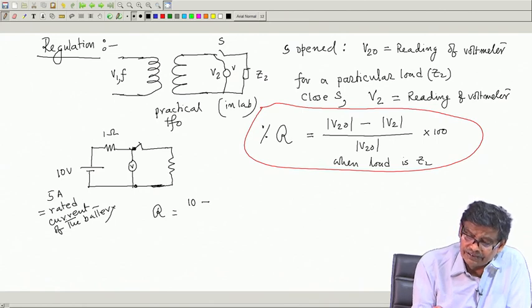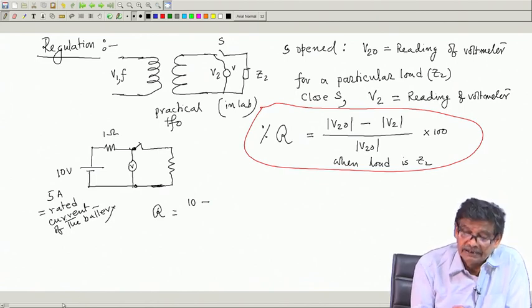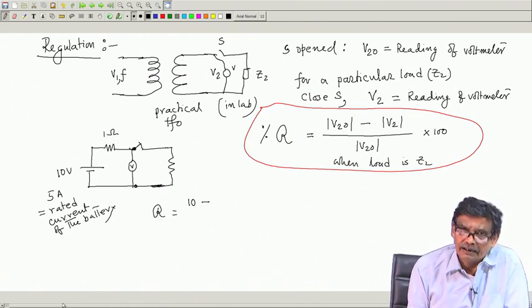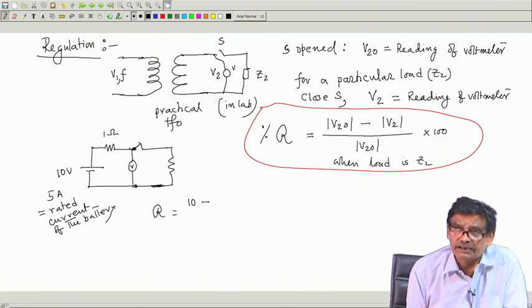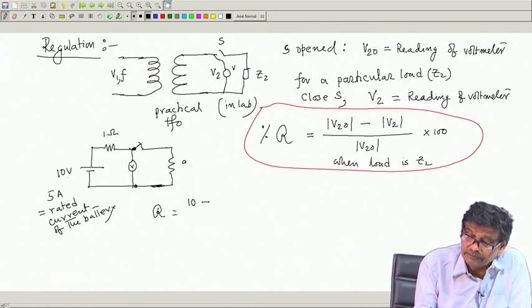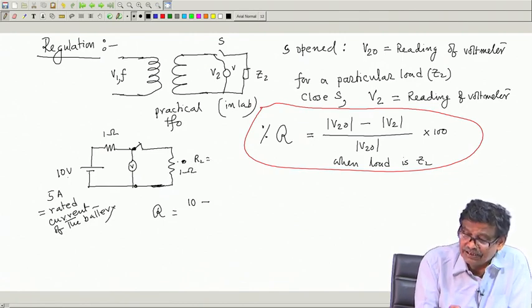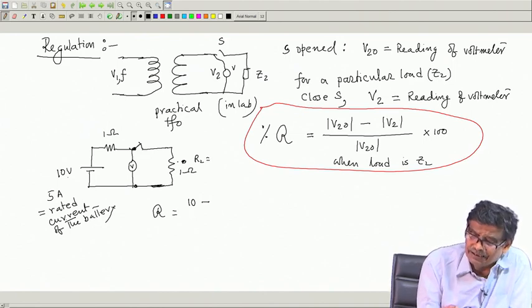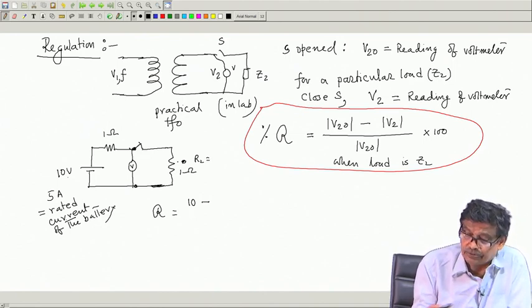Now, how much resistance can I connect so that current will be rated current? At rated current, because the battery can supply rated current, I will be always trying to draw rated current, that is what I told. So, 10 by maybe 9 ohm you connect, oh no, 9 ohm, another 1 ohm. Suppose load resistance is 1 ohm, it is a bad way. Anyway, whatever number I have taken, let us stick to that. So, what will be this resistance?